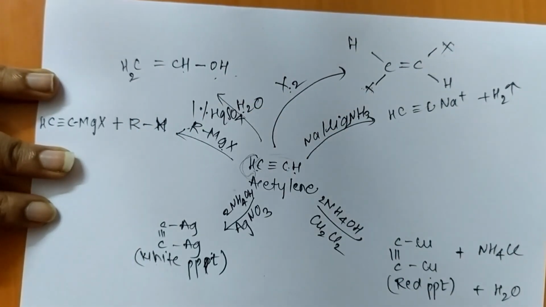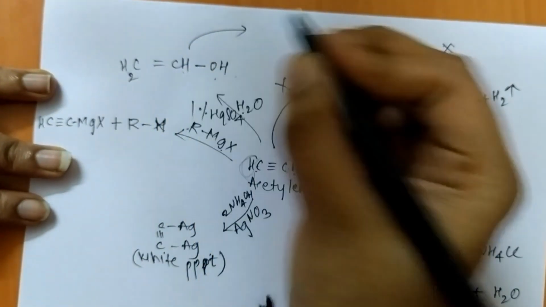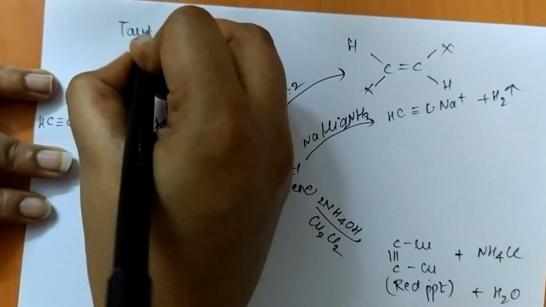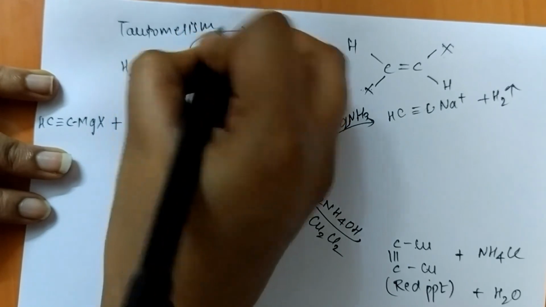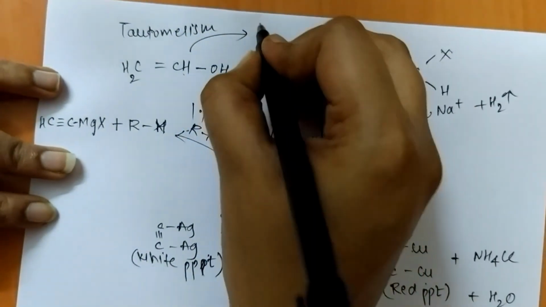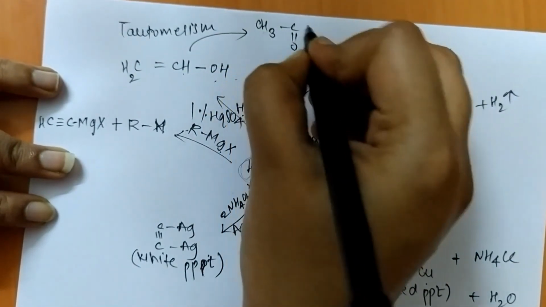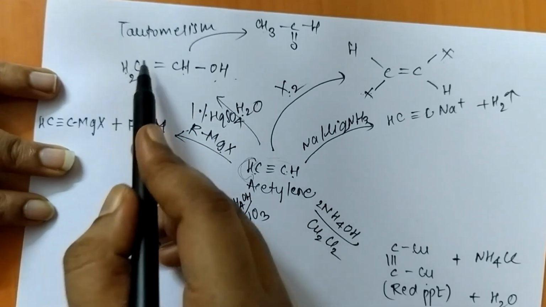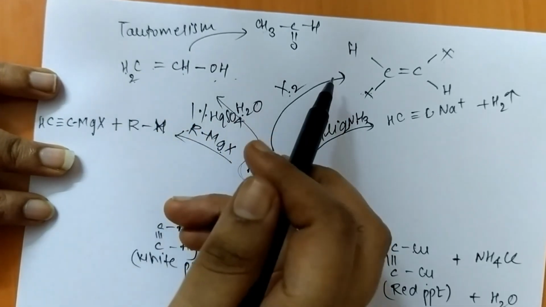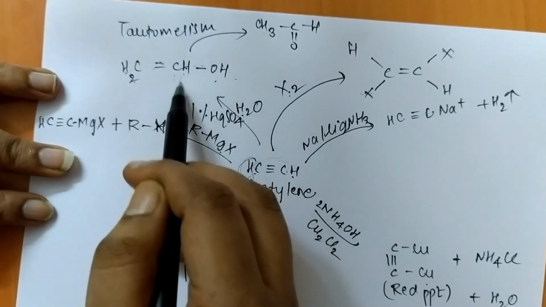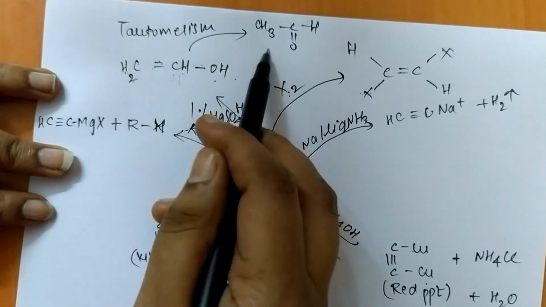This is called vinyl alcohol, and therefore this is very unstable, and it is going to undergo something called tautomerization, or you can say tautomerism. And therefore here we are going to get an aldehyde called acetaldehyde. What is exactly going to happen is that this H is going to get added to CH2 and this double bond is going to get lost. The double bond is going to get shifted to the O and therefore we are going to get CH3CHO.